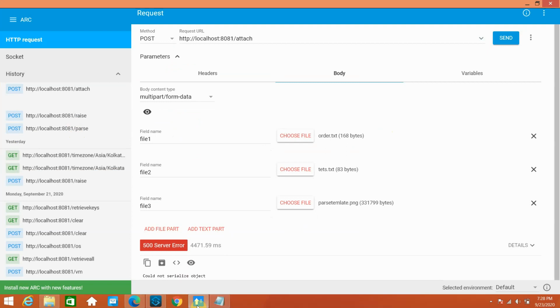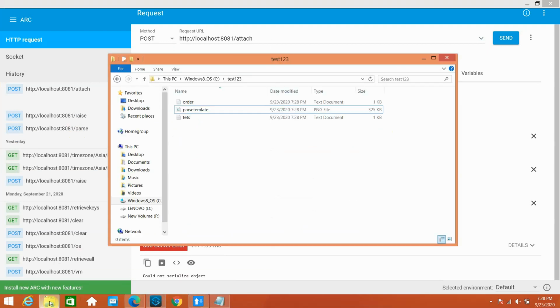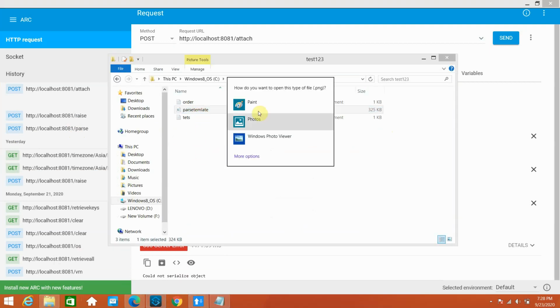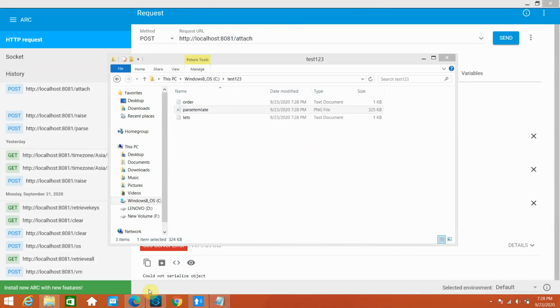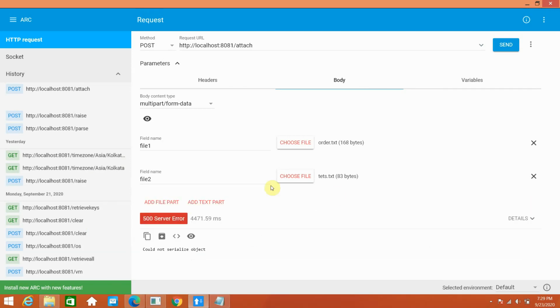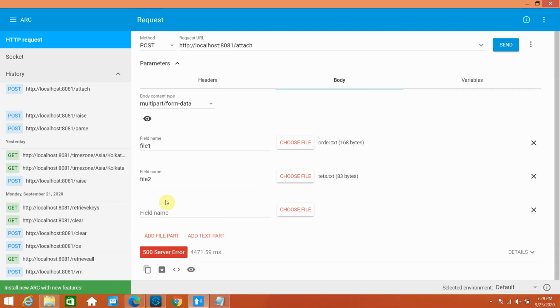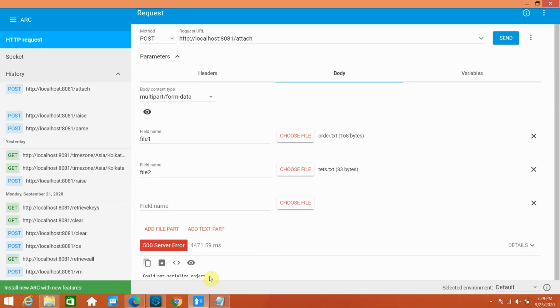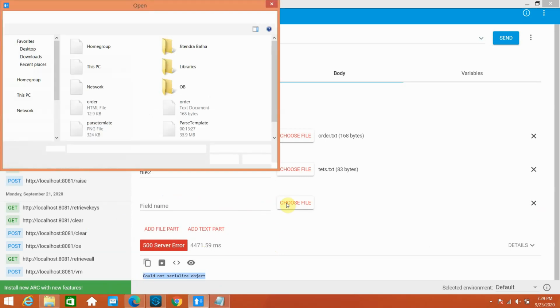Yeah, you can see it's correct. Okay, you can open it with Paint. Yeah, because I haven't handled the response, that's fine. You can see now choose more file, because it could not serialize the object, that's fine. So you can ignore this error for now.